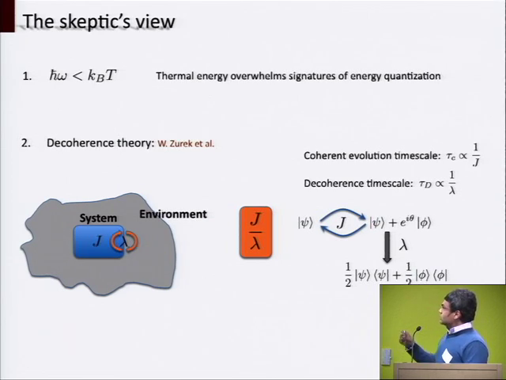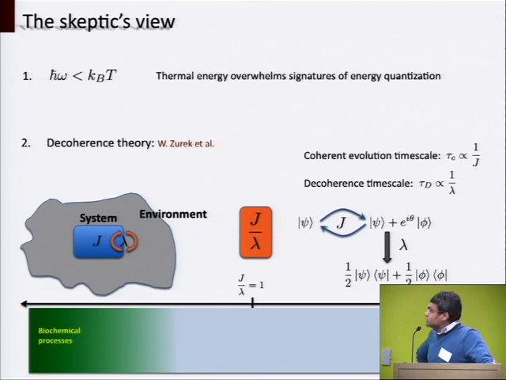And so you can see that what J does is it likes to create superpositions between states, between classically distinguishable states. Okay? What lambda does, it likes to decohere these superpositions into classical mixtures. Right? And so there's an intrinsic competition between these two rates. And so a nice way to talk about how quantum the system is to think about this ratio, J on lambda. Okay? And so you can draw this scale down and say that, well, we know that all the way